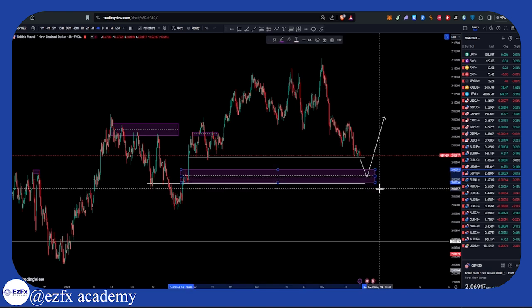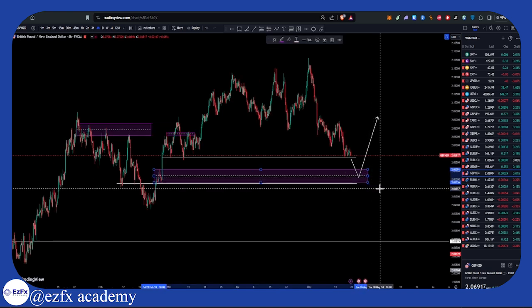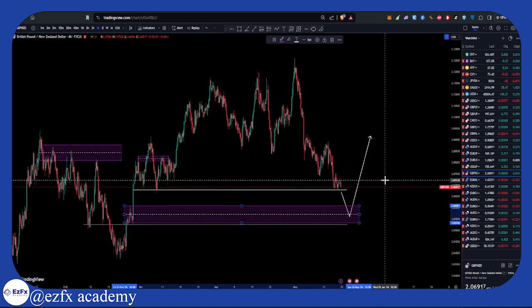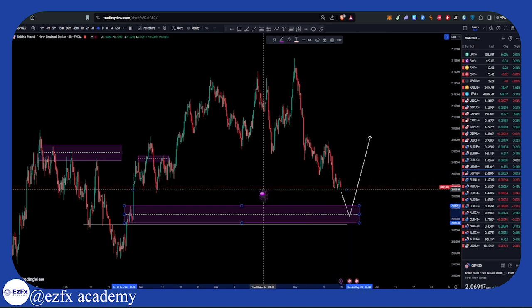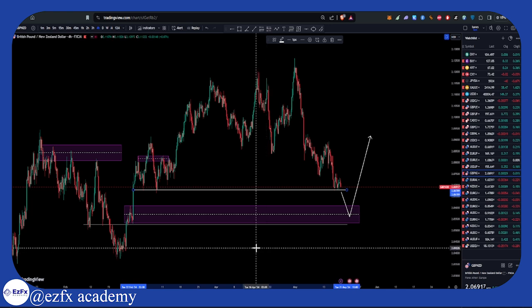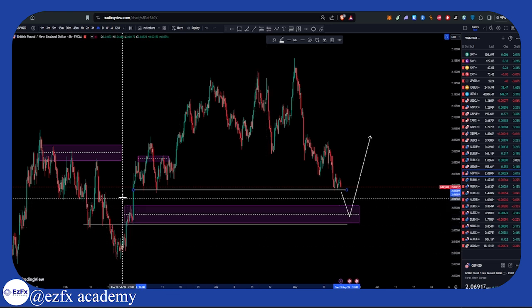This is around 2.06091 and 2.05336. So I'm watching out for that buy to happen from there. Now, I want to also be very, very careful because currently it looks like price is about to break this previous support around 2.06789. Now, if that happens, then there's every possibility for us to see price clear up more liquidity